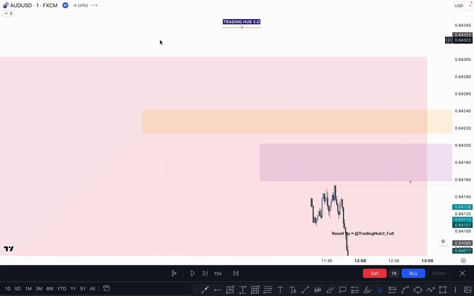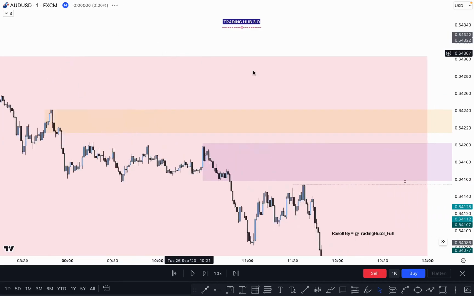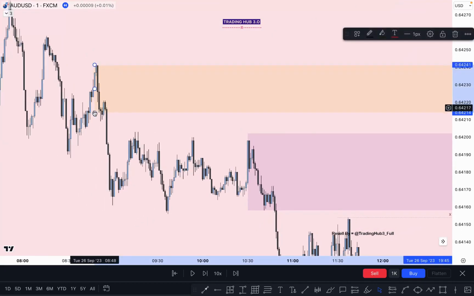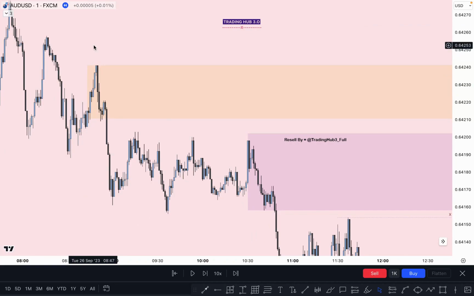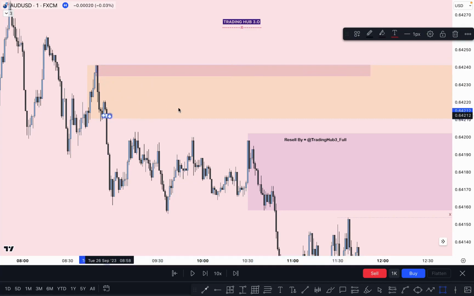So you have to simply first identify where is our unmitigated order block in this case. Look at this picture, this one is our POI right here. So where is our order block and where is our POI right here? Okay, so this one is our first order block is here, and this one is our next order block is